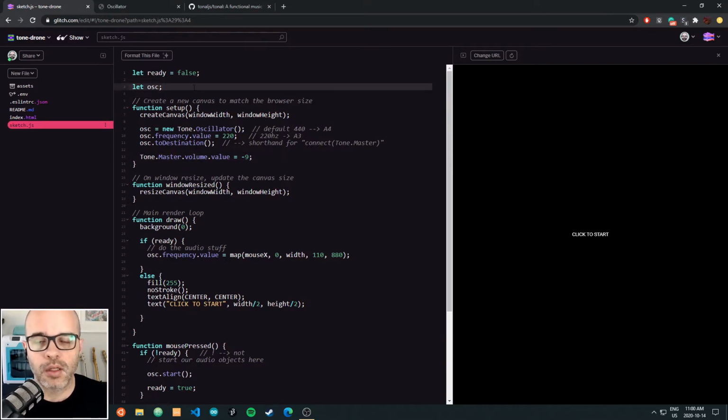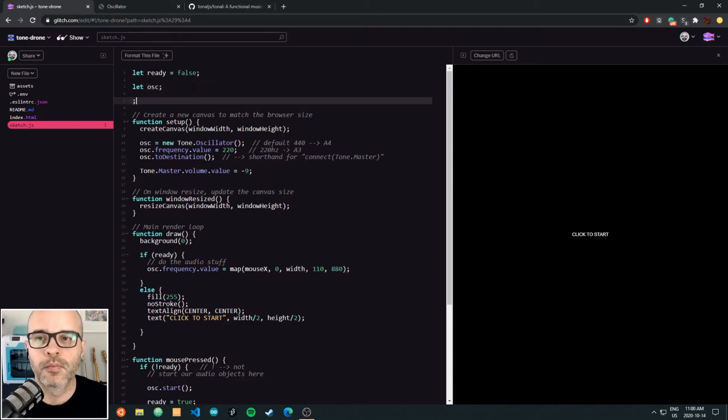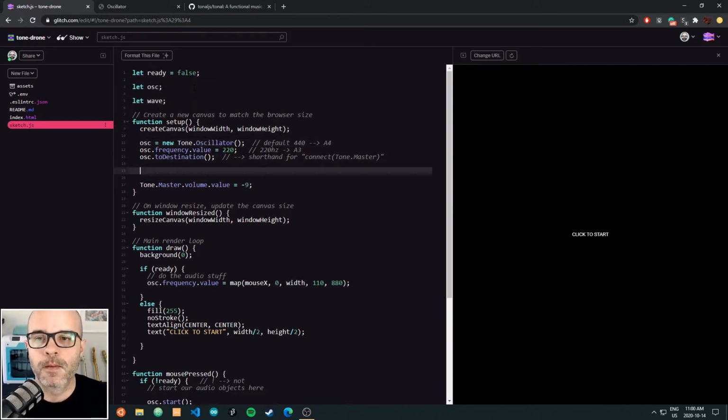Now, there is an object in Tone.js called a waveform. And a waveform basically allows you to take a look at a sound source and then get its waveform as an array of numbers. So this is the shape of the sound that we're hearing. So we're going to create a global variable here. I'm going to call it wave. And then in setup, I'm going to say wave equals new